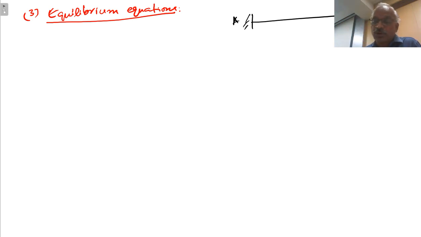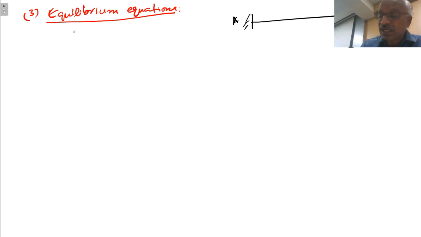Now we have got only one unknown. In this problem, theta A is 0, delta is 0, therefore theta B is the only unknown that is to be determined. For solving one unknown, we want one equation. There is only one span. MAB, forget about MBA. Suppose if there is any span beyond that, another span BC, then MBA plus MBC equal to 0. Here there is only one span. Therefore, B being a simply supported end, MBA must be 0.